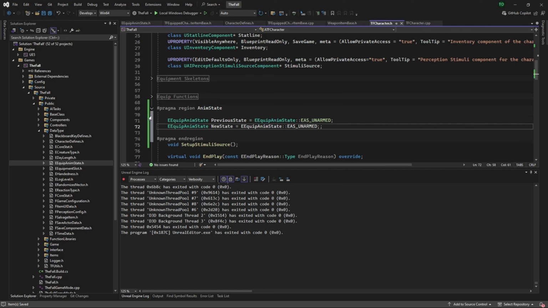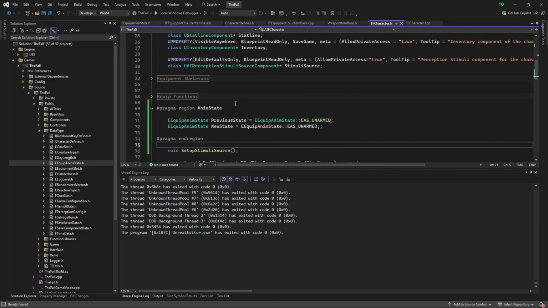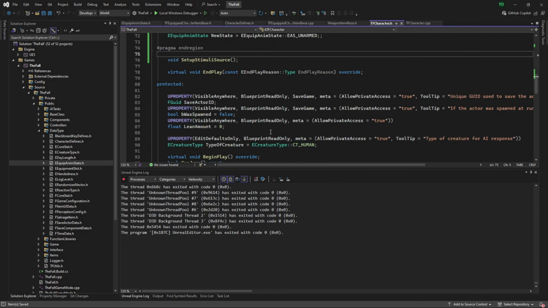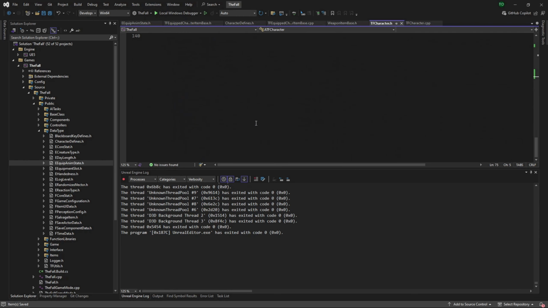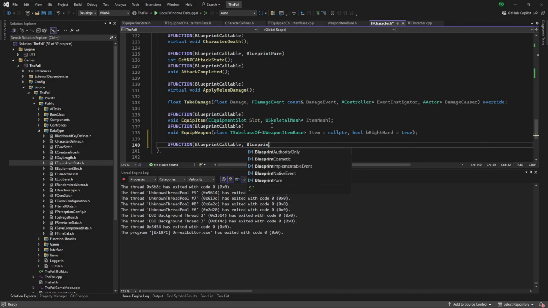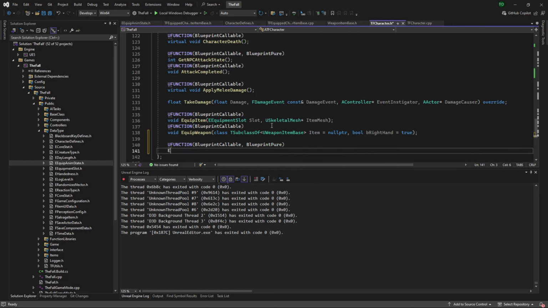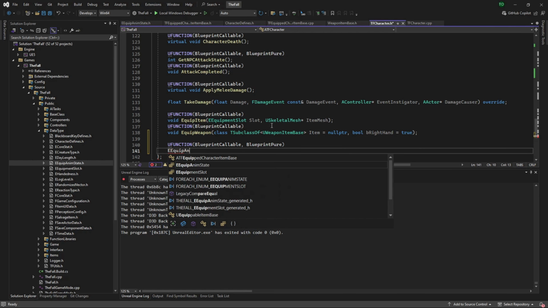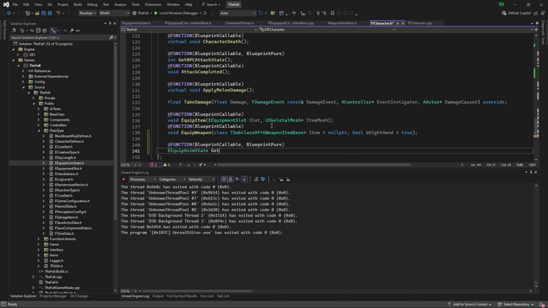Now, obviously, this is some private information. It's in our private section. We're going to need functions to grab this information. So down here in our public section, and these are going to be blueprint pure, because obviously we don't want this information to be changed. So equipment, equip anim state, get previous state const,